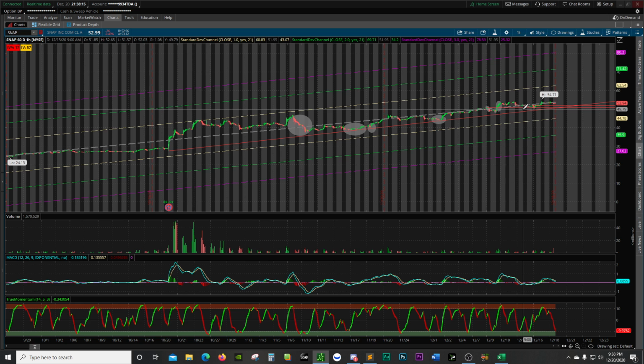Now, at some point in the near future, it's not going to keep doing that, right? Nothing ever continues up. It's going to find a point where it wants to fall below that trend line, and it's going to start creating some other type of chart pattern. But for now, I would say there's potential for it to touch that support plus the trend line. That might be a place to get into, right?